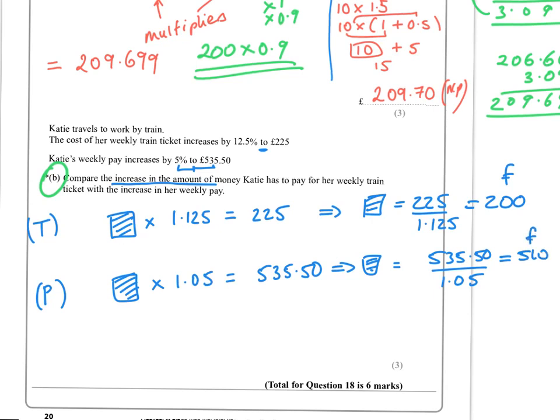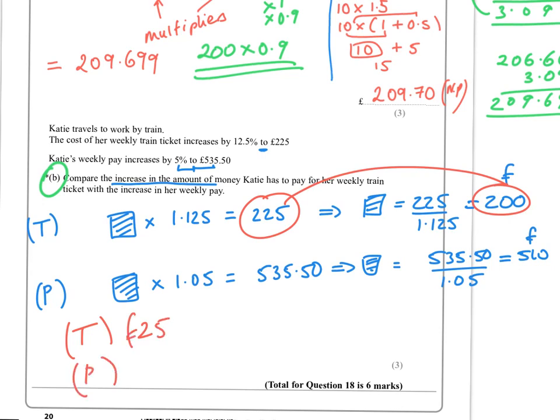So what you're going to have to say to yourself is the end point to the start point for the tickets is a £25 increase, and for the pay you're on 535 and you end up with 510 as a starting point. The difference between that is £25.50. So basically the difference between the tickets and the pay is only a 50p difference,